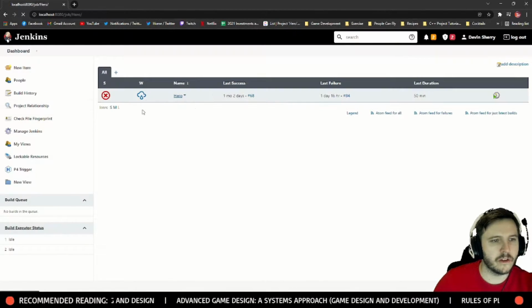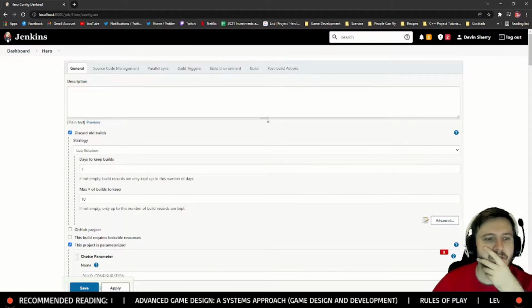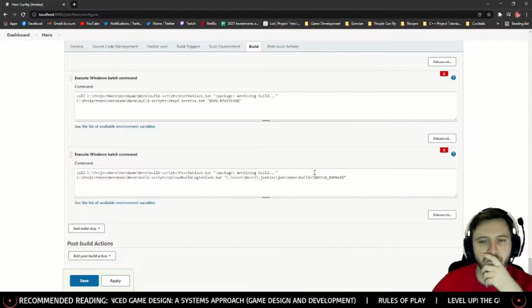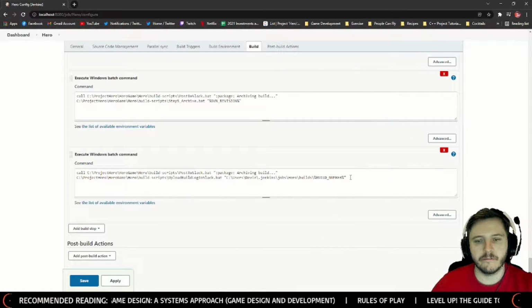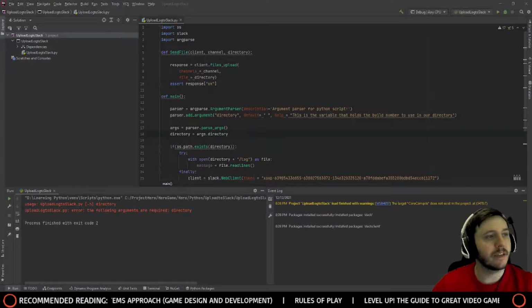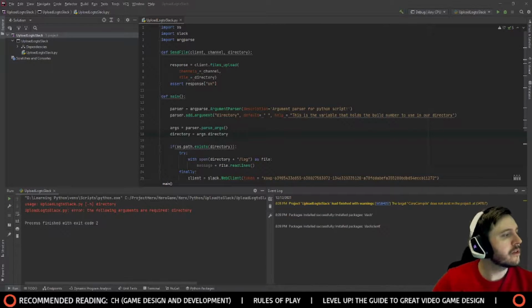Dashboard? No, I've got to go here. Configure. I haven't looked at this in a while, so I kind of forgot. It's going to be the last one, something like this. So we're going to change the build number to something else, and now,